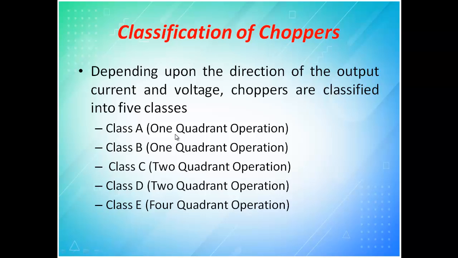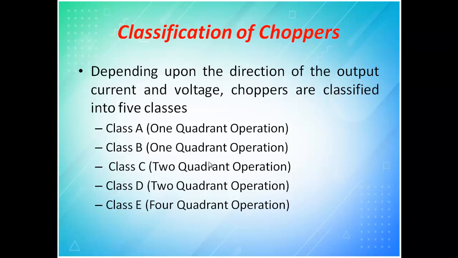Class A is one quadrant operation, which is only in the first quadrant alone. In the first quadrant both voltage and current will be positive. Similarly class B is only one quadrant, and that is the second quadrant. In the second quadrant voltage will be negative, current will be positive. Then class C will be operated in both the first quadrant and second quadrant. Similarly class D will be operated in the third quadrant and fourth quadrant, and class E is a chopper which is